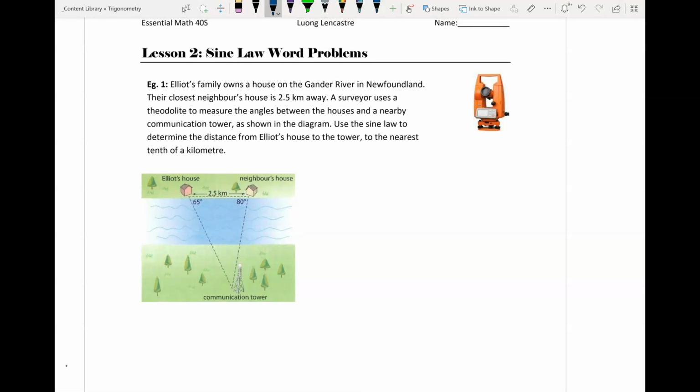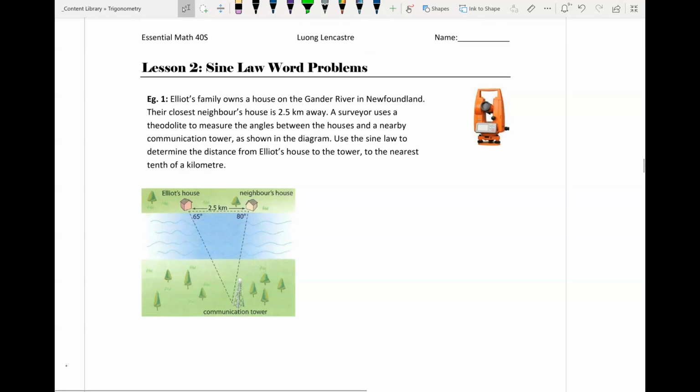Welcome to Lesson 2 on Sine Law word problems. In this video, we're going to continue on from our sine law from the last video and apply them to real-life applications. Before we begin and actually solving some word problems, I'm going to remind you of our sine law,